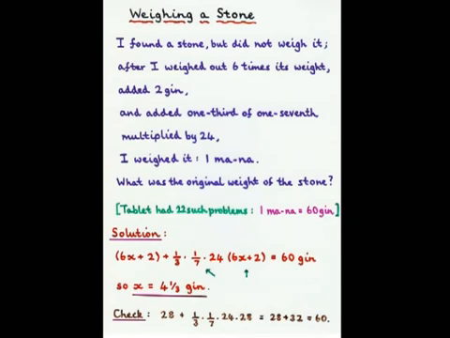By looking at these things and working out what's going on, we actually realize that what you put here is 6x plus 2, and that's equal to 60. So x is 4 1/3 jin. And then they give a check, which you can do, and you find that you get the right answer.